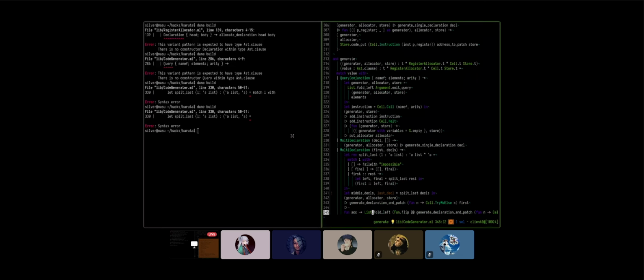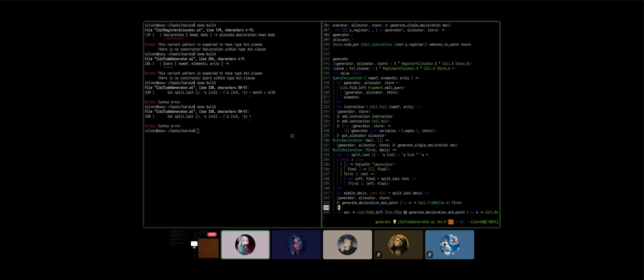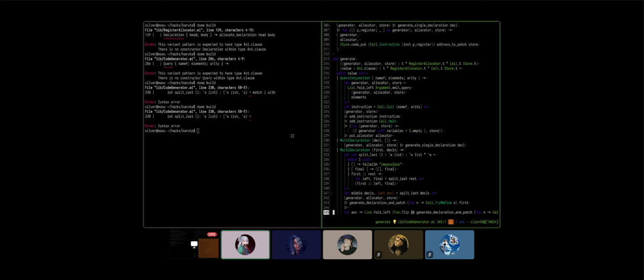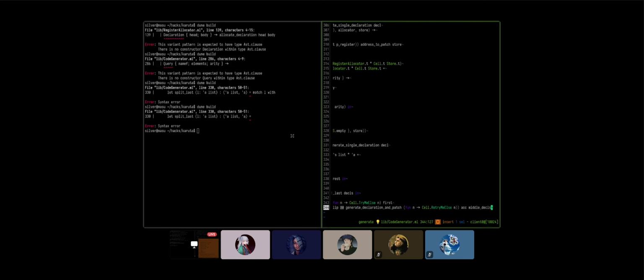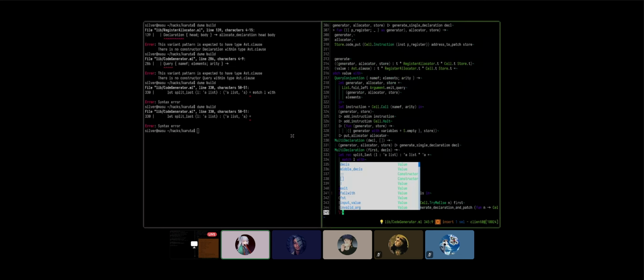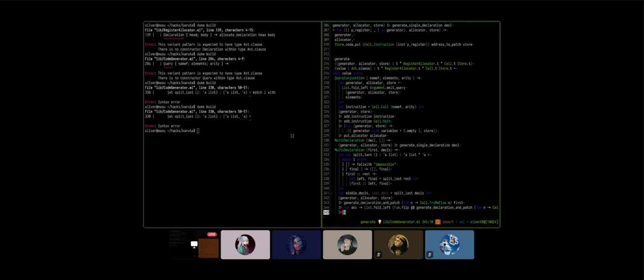Damn, perfection. And then we need to use the last. If I put a pipe here, it's going to put it inside of the function body, right? What do you mean? Because I want to do this. Sure. Now you say this again, except instead of a try me else, we're going to ignore the address.